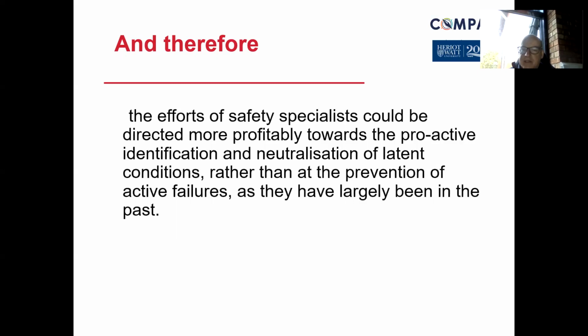Spend the time, effort, and resources themselves as a specialist to say, we've looked at the what ifs, we've looked at the engineering, we've looked at the process, we've looked at the interaction of the people as such, and we find there are gaps or holes whereby that trajectory can go through. Now, rather than focusing on the prevention of the active failures, perhaps we should focus more on neutralizing this, redesigning it, putting better safeguards in place that don't rely on things that can go wrong. Therefore, reliability comes into it, and that's a part of what we're going to be talking about today.